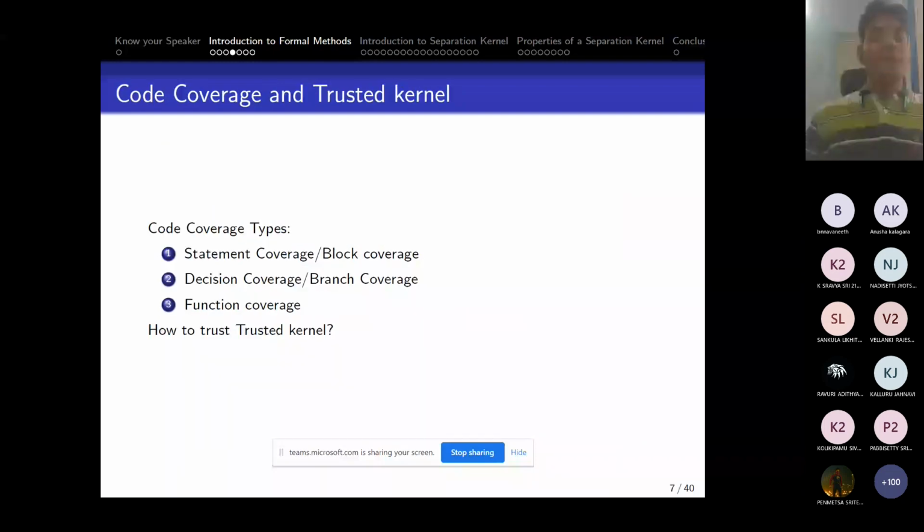Fine. And you also might have understood what code coverage is in your college days, especially in software engineering courses, if you have gone through that. Basically, let's say I have written a program to add two numbers.